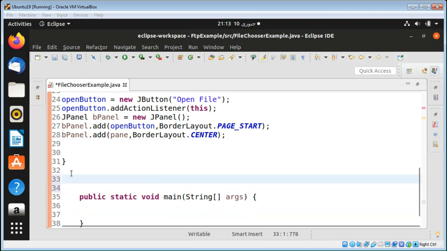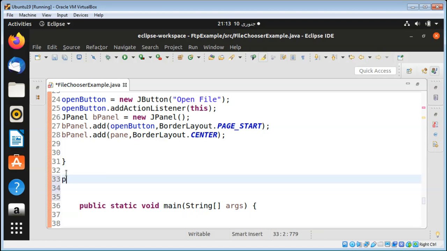Now I'm going to add a function actionPerformed so we can listen to the events. Public void actionPerformed(ActionEvent e),